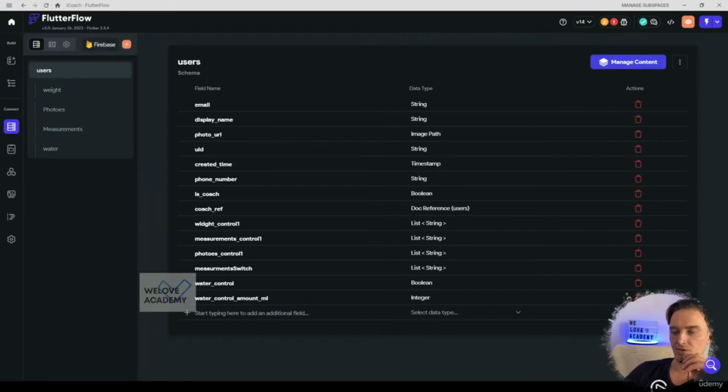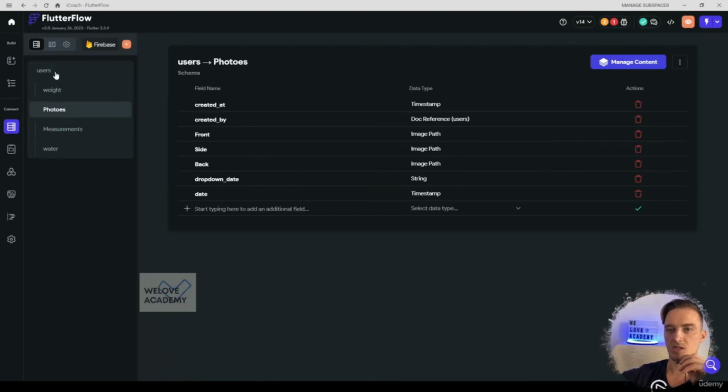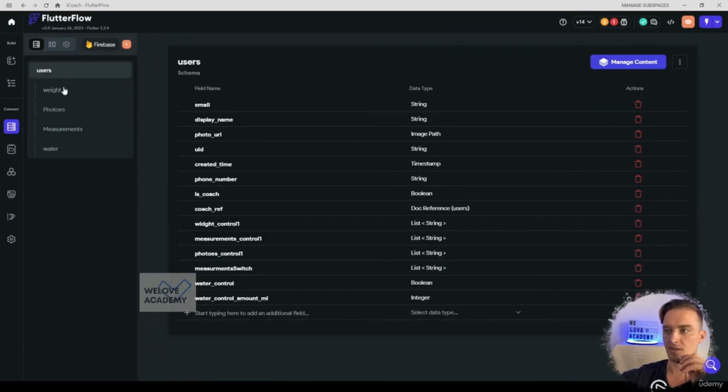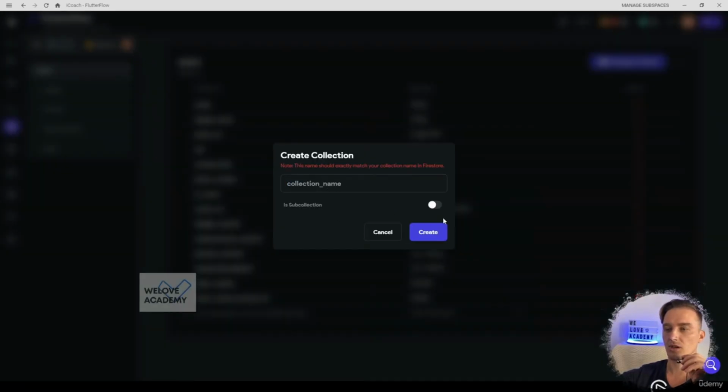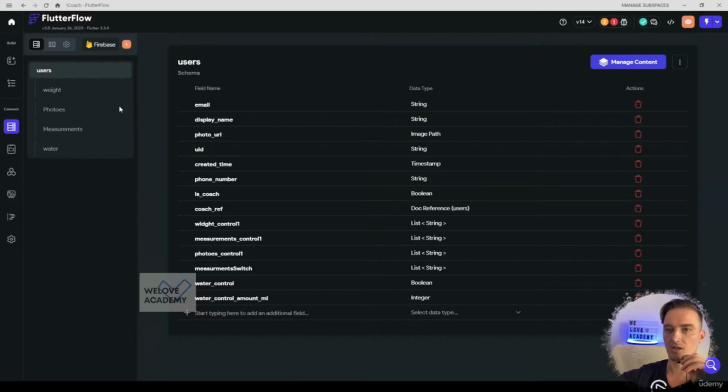Okay guys, let's review Firestore inside FlutterFlow. This is basically the place where your database structure is, and as you see, we have collections and sub-collections. We will learn about that in the next lessons. Right now, just a quick review. You can simply create a new collection or sub-collection of the collection, and